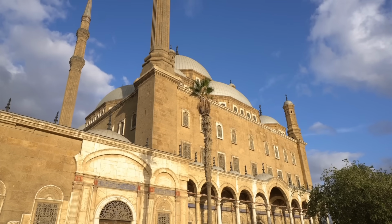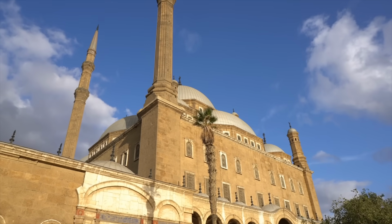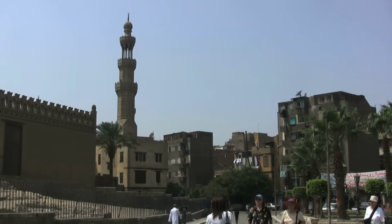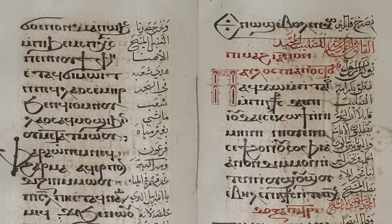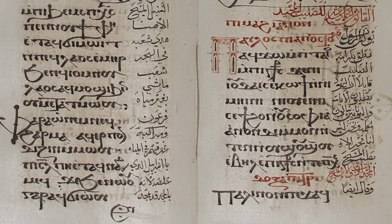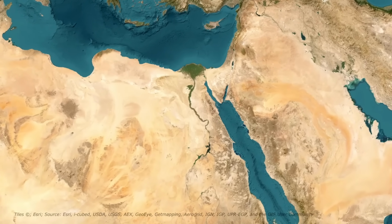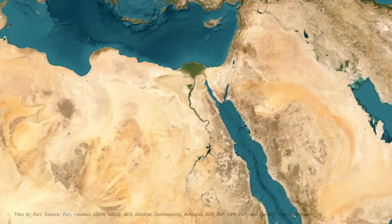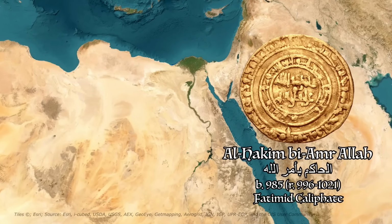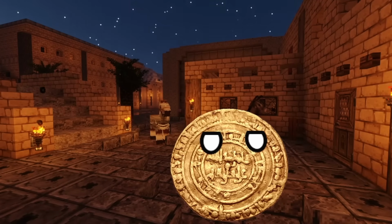And over time, it became increasingly so that Arabic was just, like, a really good idea for your average Egyptian to learn, especially those living in the shiny new capital, Cairo. By the 11th century, even many texts within the Coptic Church were being translated into Arabic. This trend only continued and eventually accelerated with the periodic persecution of Copts and Christians, with Caliph al-Hakim bi-Amr-Allah banning the language in literally every context, even going so far as to personally walk the streets of Cairo and eavesdrop on people's homes to hear if they were speaking the language,